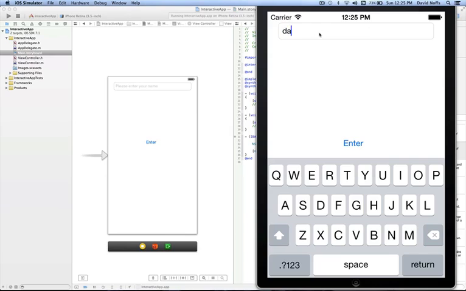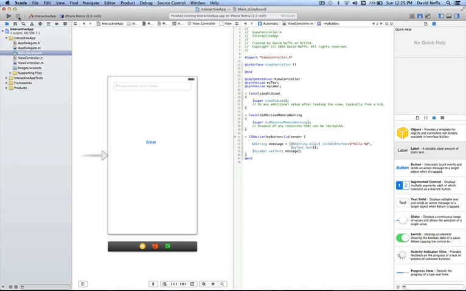So we're going to type in a name and click enter. And there you go, it works. So that's all fine, but you notice that the first responder, or the keyboard, does not go away. So I'm going to go back to my code here, click stop to stop